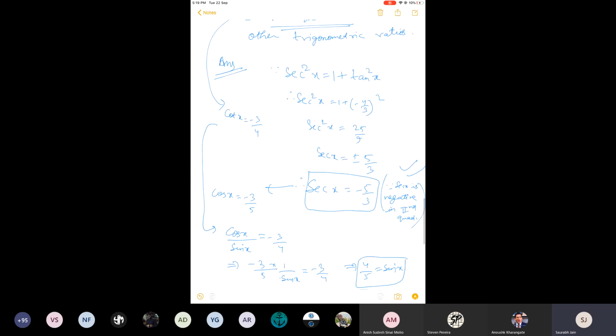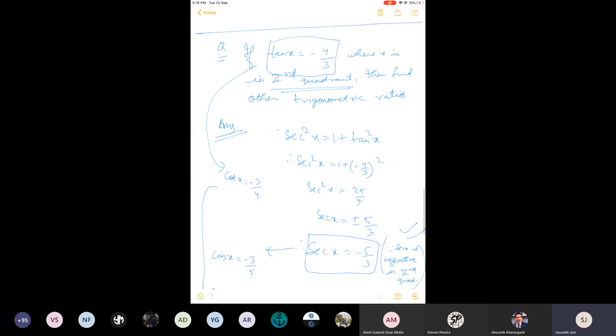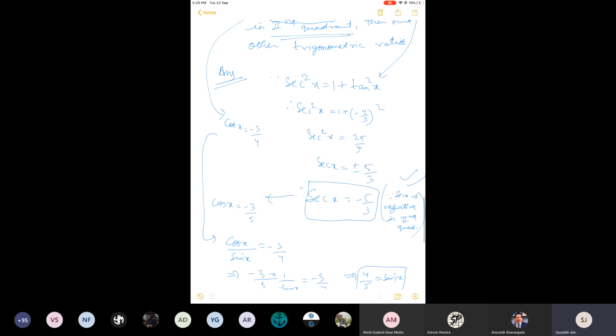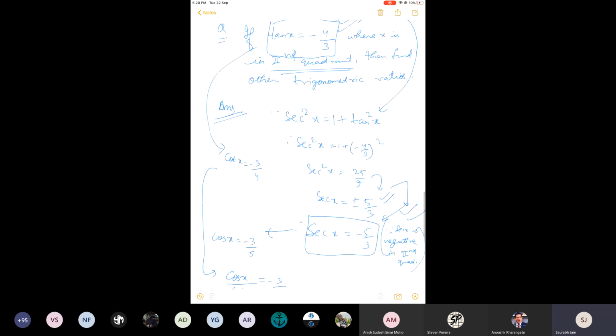So the question is very simple. First of all, from the given trigonometric ratio, using the identity in which it is present, find the second trigonometric ratio. Two values will come because of the quadratic. Use the ASTC rule. This is important, okay. Now you have two trigonometric ratios. The remaining two will be calculated by their reciprocals. Cot is the reciprocal of tan, cos is the reciprocal of sec.